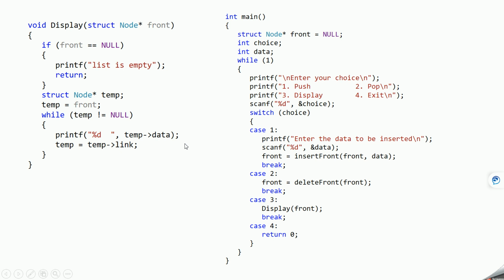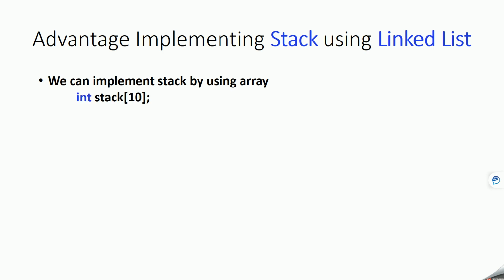Now you might think, what is the advantage of implementing a stack using a linked list? Because there is another way you can implement a stack, using an array. If you implement the stack using an array, you have to give the size of the array. Here I am giving the size as 10.